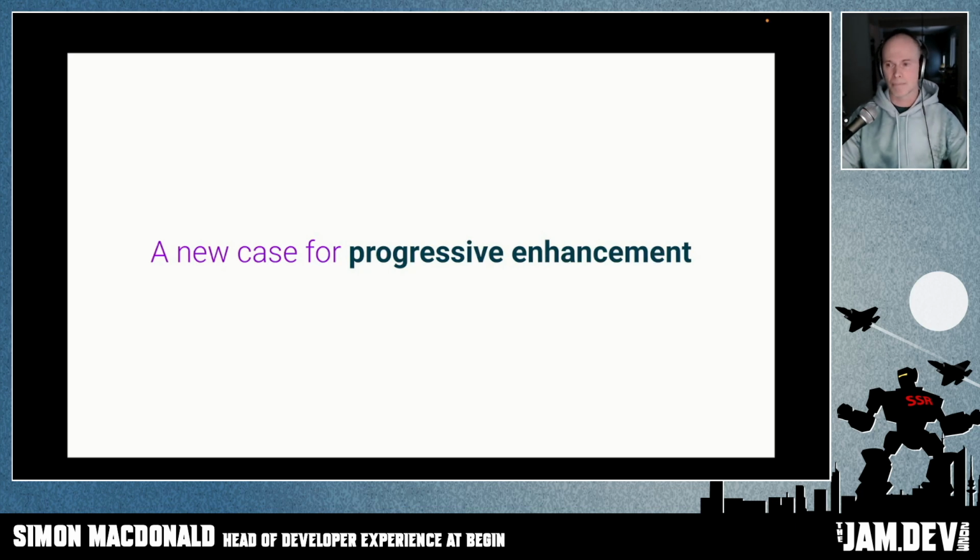But we really should bring it back and think about it more, because there are many reasons. First, the ethical reason for inclusivity. We want as many people as possible to be using our websites and applications. And when you build with progressive enhancement, when you start with a working HTML format, it is the most accessible application that you could start with.